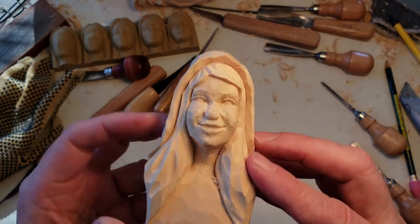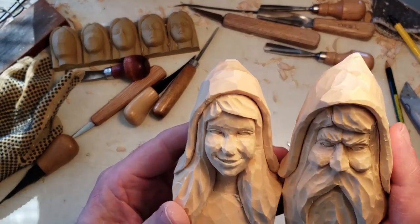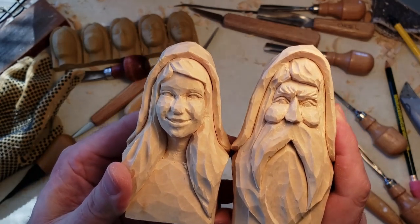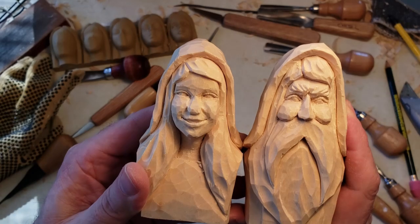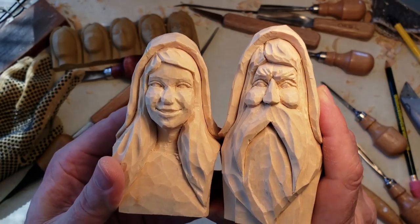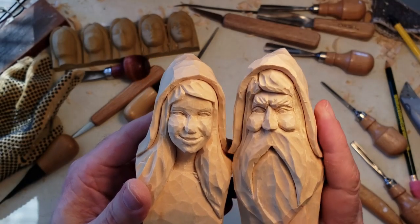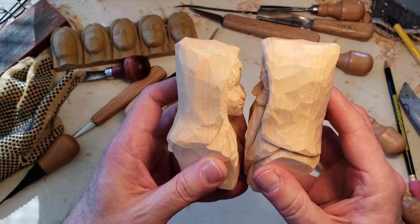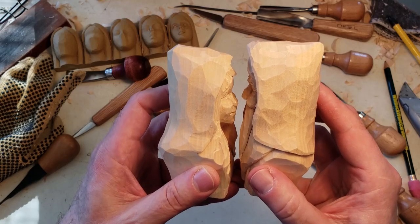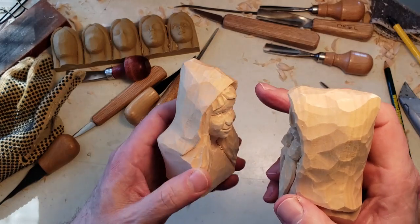But there she is. Oh, where's Mr.? Where are you? So let's see. There's where it comes together at the bottom. She's a little smaller. If I want to keep this as a couple, which I am, I might want to take a little bit of those cheeks off of his. I may or may not. I don't know. And if we put this here, you could see she is shorter, a little smaller. I got less round. What happened was I got too much of